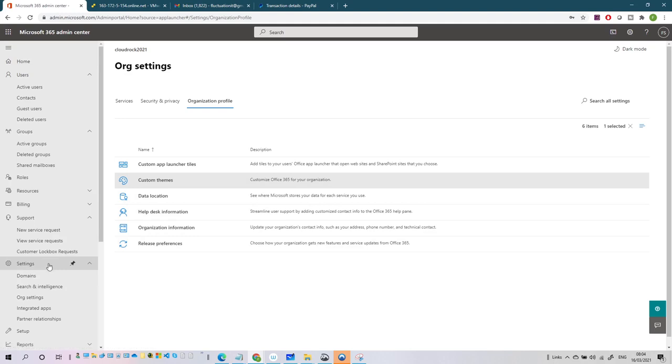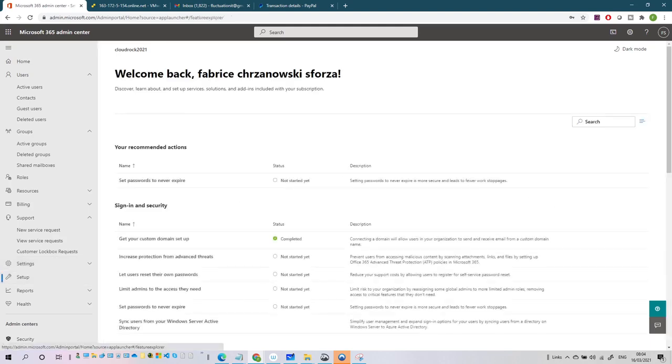This is where I remember I add my domain. After you have the setup, okay? So setup, you use this to add service to your subscription and configure custom domain and migrate data to your tenant, okay? So here you have signing security, increase protection for advanced threat, let user reset their own password, limit